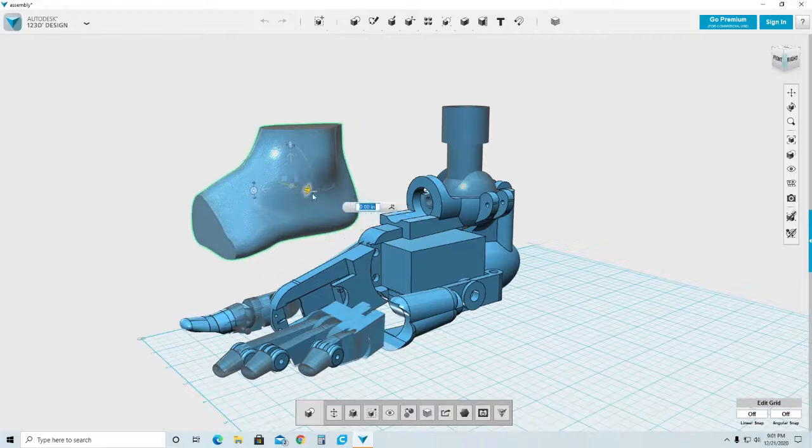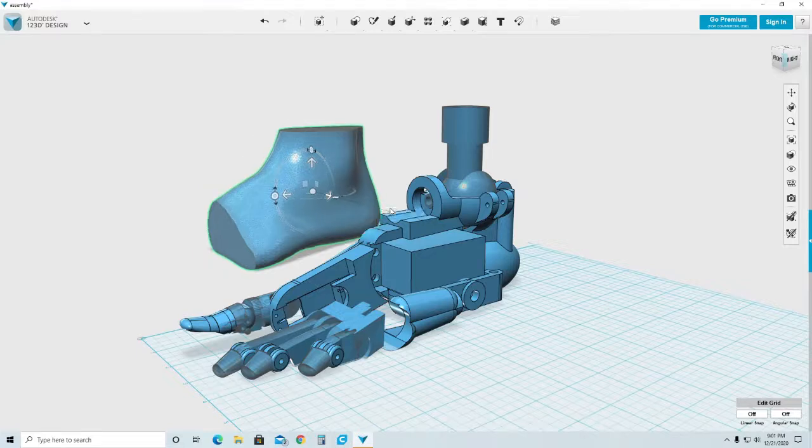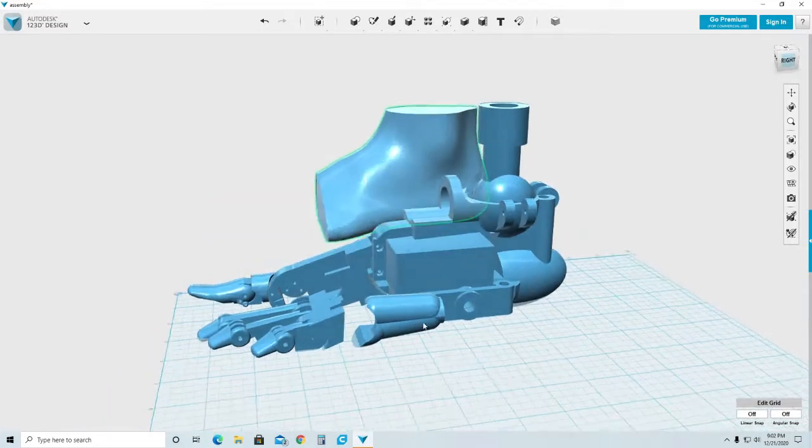So I'm going to move this away for a few seconds. I'm going to be specific with my distance so I can put it back later. So I'm going to leave it 8 inches far. Now I'm going to